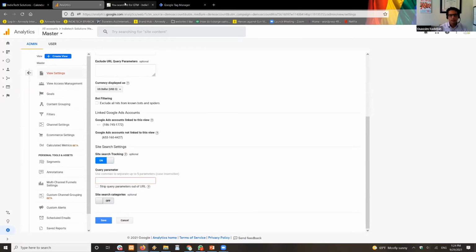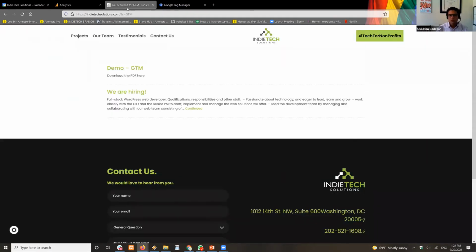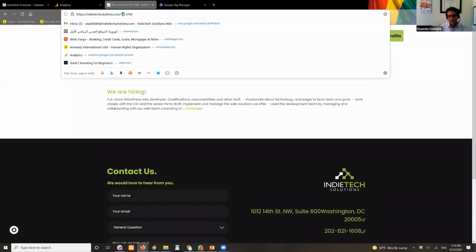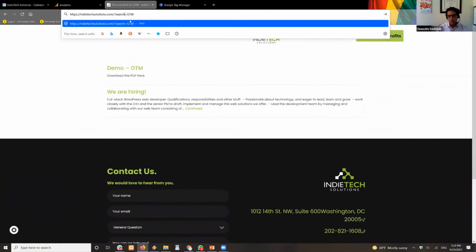If you have a WordPress site, most likely you will have the default search query, which is anything after the question mark, this S. So S equals, anything with S. Sometimes it could be search. Drupal has different ones. I'm just going to use the S, which is the query used for the search.